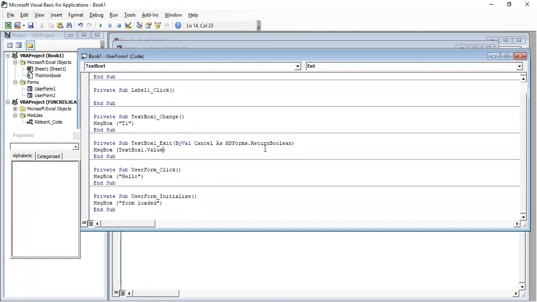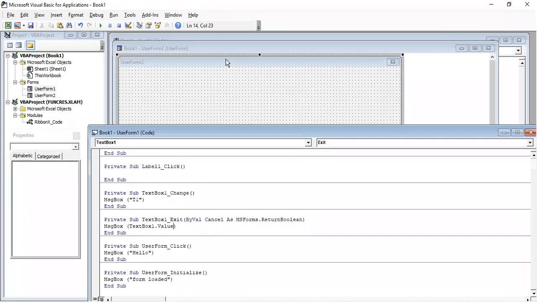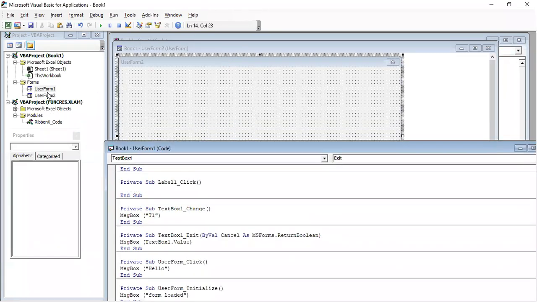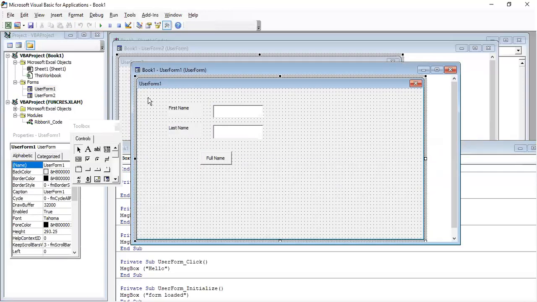So instead of checking on submission, when you leave the text box, you can immediately take that value and do the necessary validations. That is a better way, instead of waiting till all the form data is filled. Then and there itself we can complete the validations for that form. Right. So this is how the events are written.